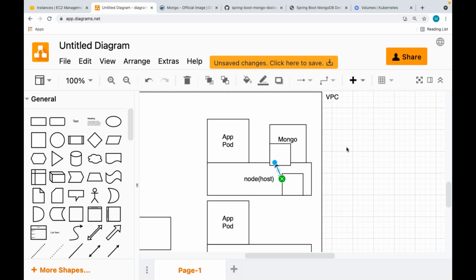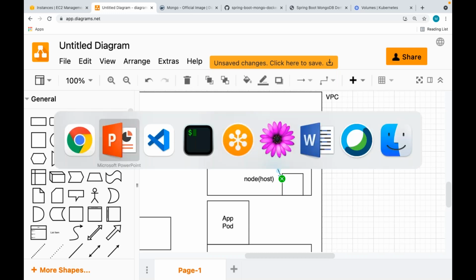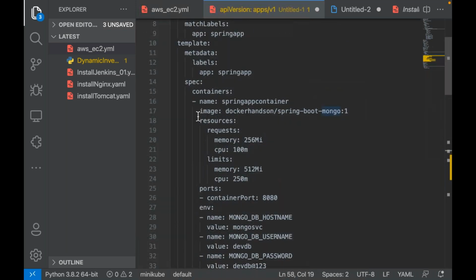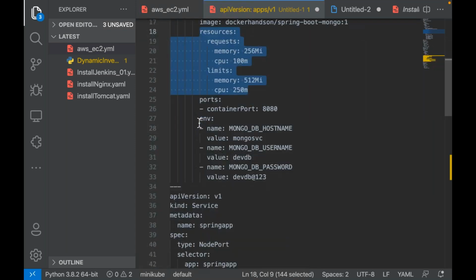But CPU and memory, are we allocating CPU and memory at a pod level or at a container level? If you observe correctly, the resource requests and limits are at a container level, not pod level. So what is common basically? The network space and storage space. Okay.